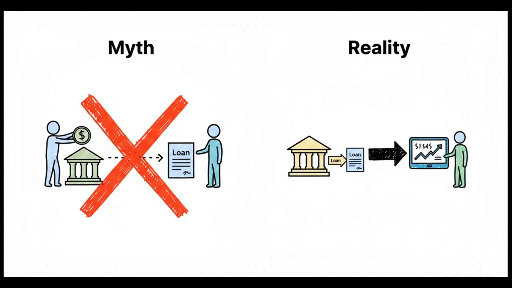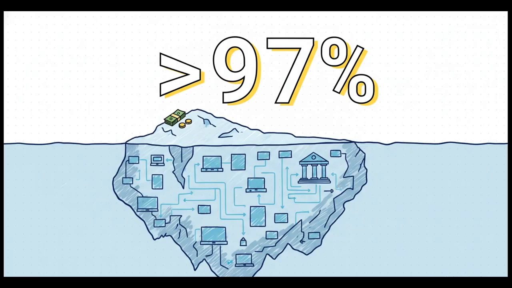The old story was you deposit your money and then the bank can lend it to someone else. The modern reality is the bank makes a loan to someone, and in the process of making that loan, it creates a brand new deposit. And the scale here is just mind-blowing. In a modern economy, the physical cash, the bills and coins, that's just the tip of a giant iceberg. Over 97% of what we all call money is just the digital numbers in our bank accounts. And all of that, it's created by commercial banks.